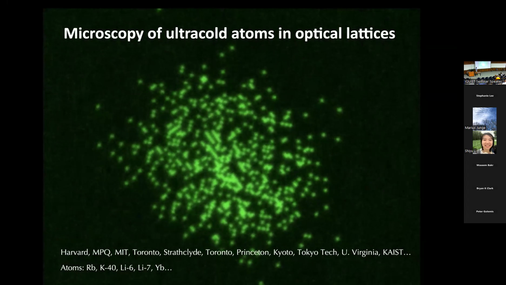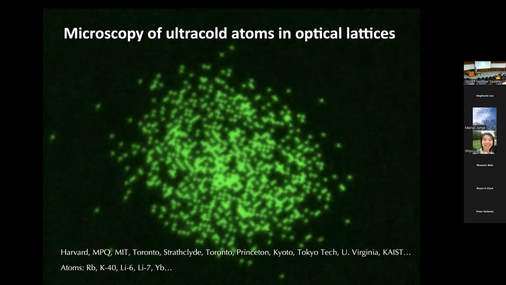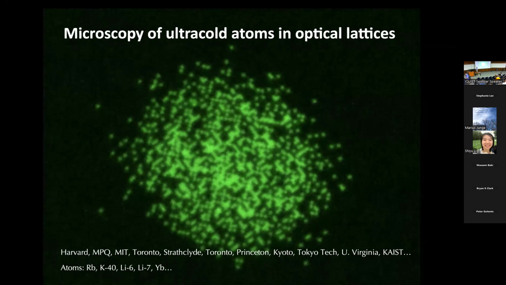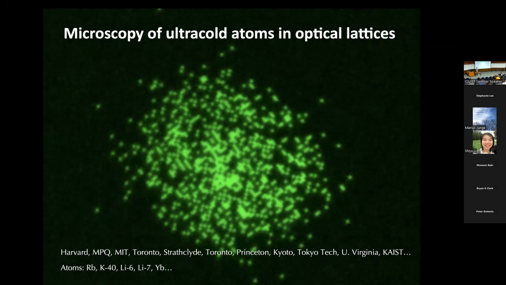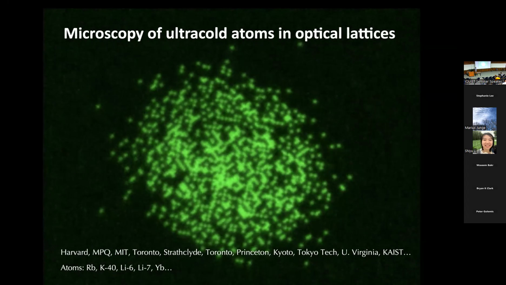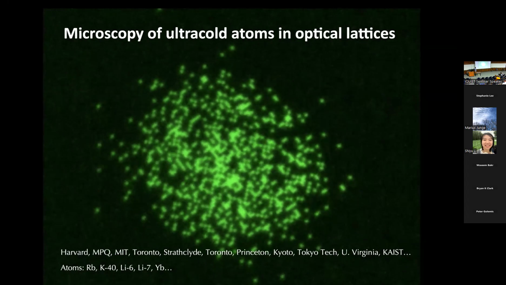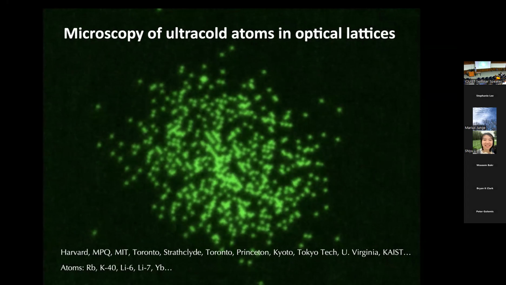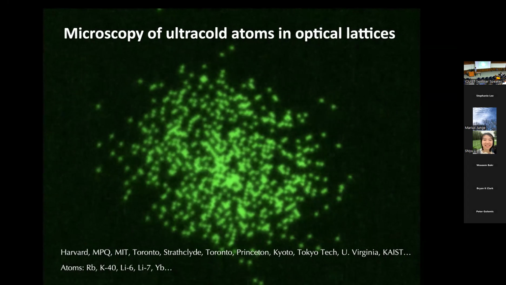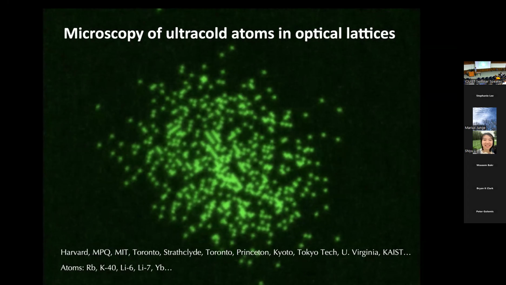So this is a gas of lithium-6 atoms, which I use in my lab. Lithium-6 has 3 protons, 3 electrons, 3 neutrons, so a total of 9 fundamental particles, making it a fermion. This gas of fermions is two-dimensional. So we have a two-dimensional lattice here, and the atoms are moving around in it.